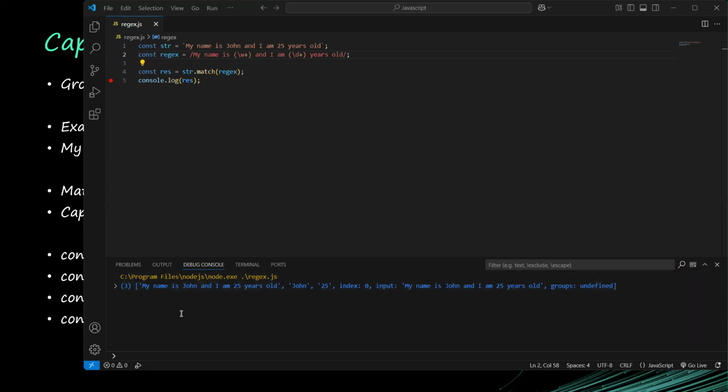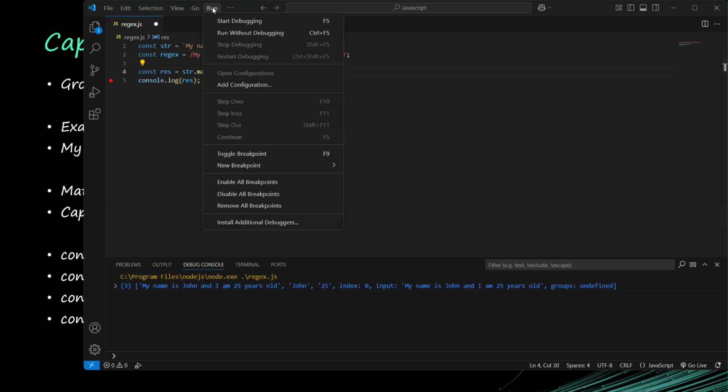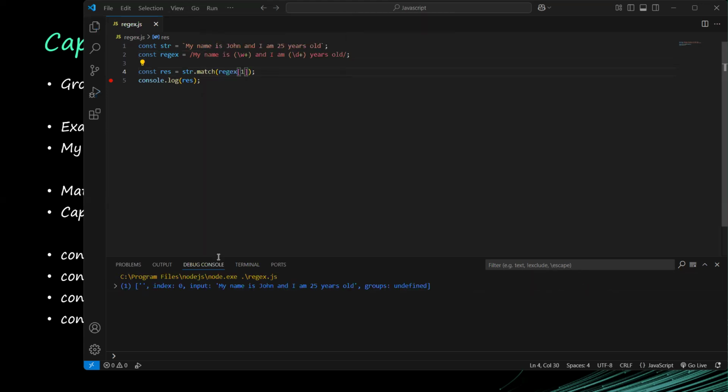So I can actually now look at, I have an array here, but you can see this is actually difficult to find. I have an array, and the first item in the array is the match. Remember, whenever you run your regular expression like this with string dot match, it comes in an array, and the first item is your match. Then the second one is the first group, and the third one is the second group. But if I say regular expression and I say give me the first index, if I run this now, it's going to give me, I want to explain something for you. It's going to give me